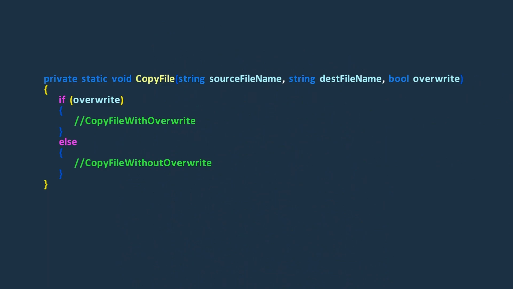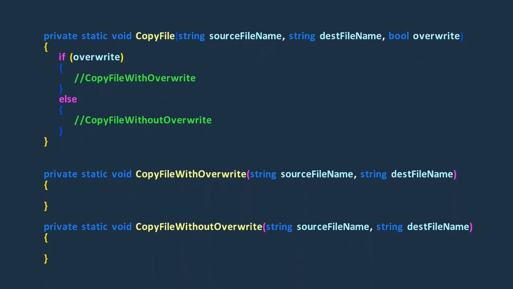Alright, it's important to understand that if a method is rarely changed and doesn't need new variations, we don't need to replace a parameter with explicit methods. For example, let's consider the copyFile method. The copyFile method has three parameters. The override parameter determines whether an existing file at the destination location should be overwritten or not. In this case, since the value of the override parameter will always be either true or false and won't be changed, it's not necessary to replace the override parameter with explicit methods.